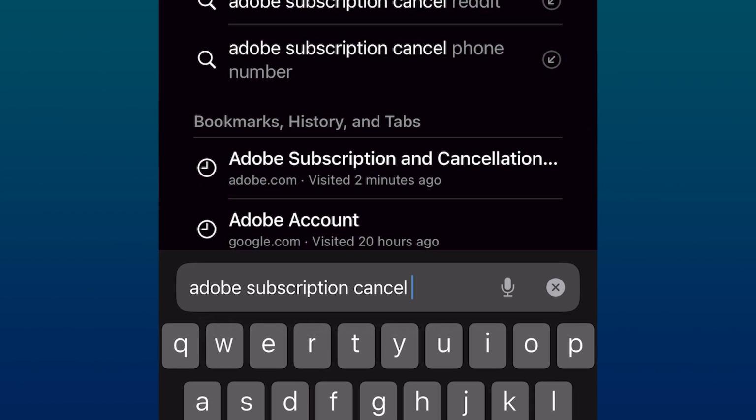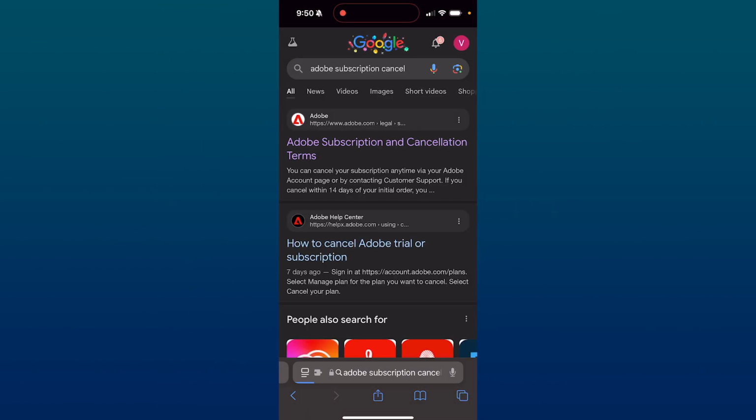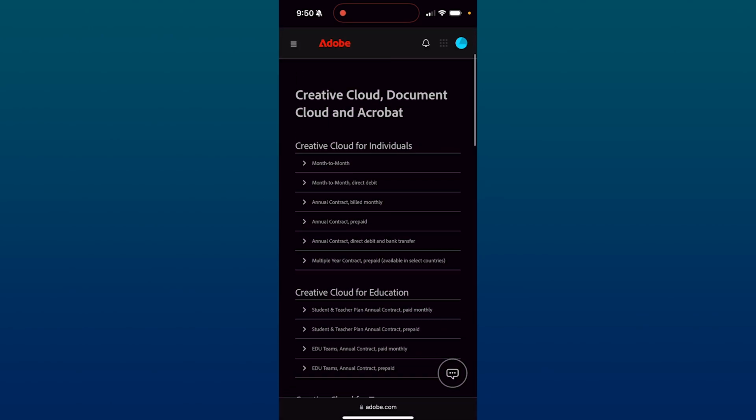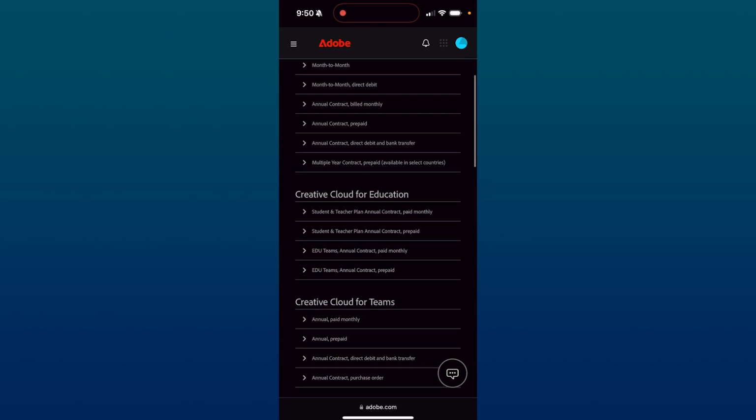Now, when you type this in like so, you just want to click on search and you're going to bring it up to this page like so. And as you can see, there's a link called Adobe subscription and cancellation terms. Now, these are just the terms, but we can actually access to cancel our subscription if we click on this page here. Once you've done this, you can scroll down and you can see all the different plan